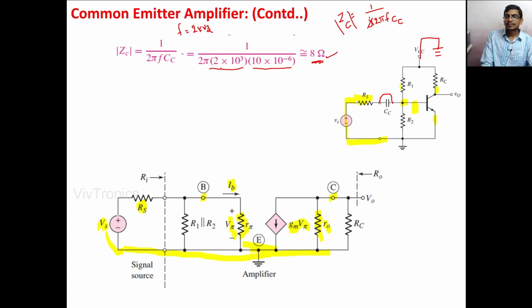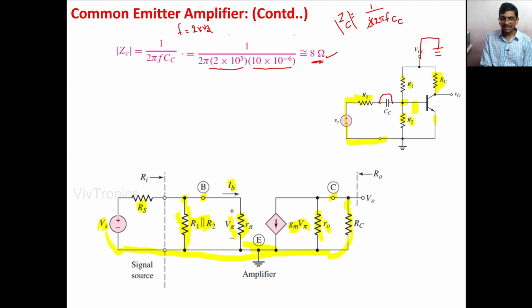Similarly, at the input side, we have the two resistances R1 and R2. As VCC was grounded, R1 and R2 start from the same end and end at the ground. Therefore, R1 and R2 are in a parallel combination that can be represented with a single resistance R1 parallel R2, connected between the base terminal and the ground terminal. At the output side, we have a resistance RC, which is a load resistor connected between the collector terminal and the ground terminal.